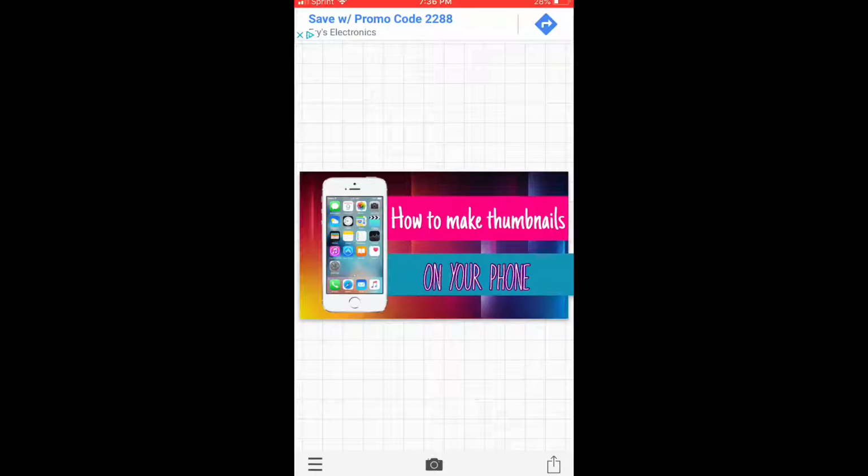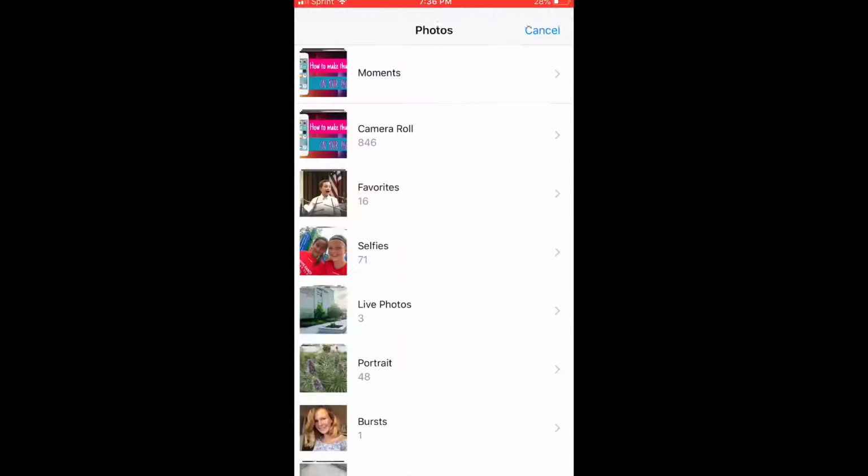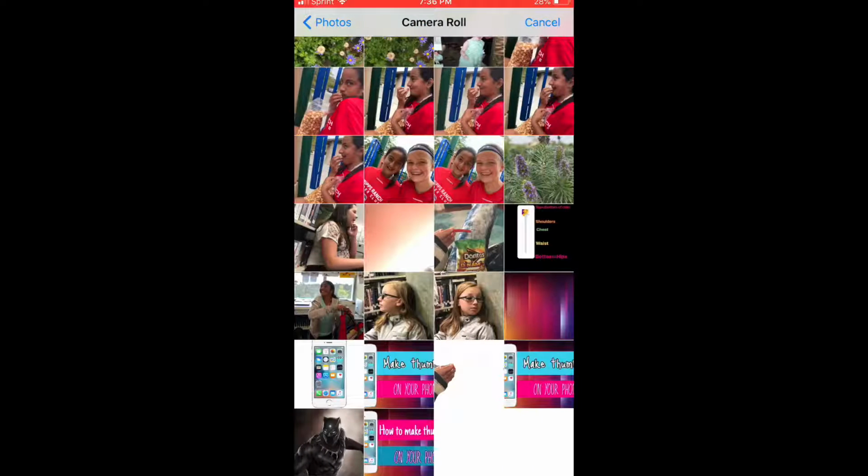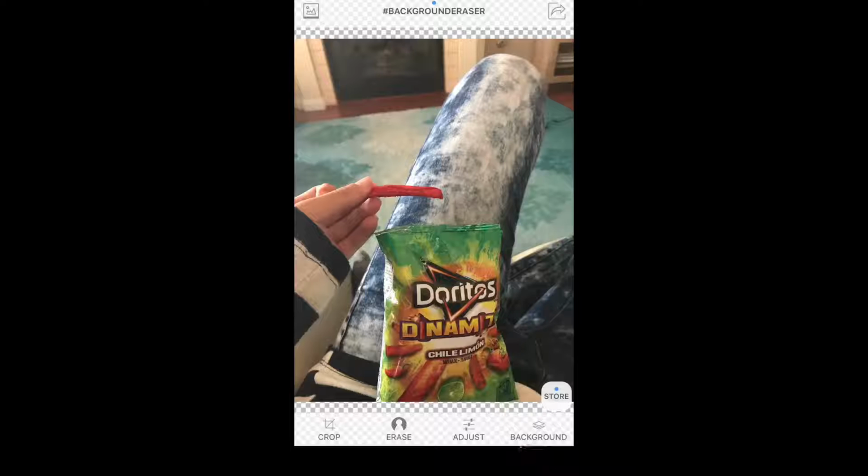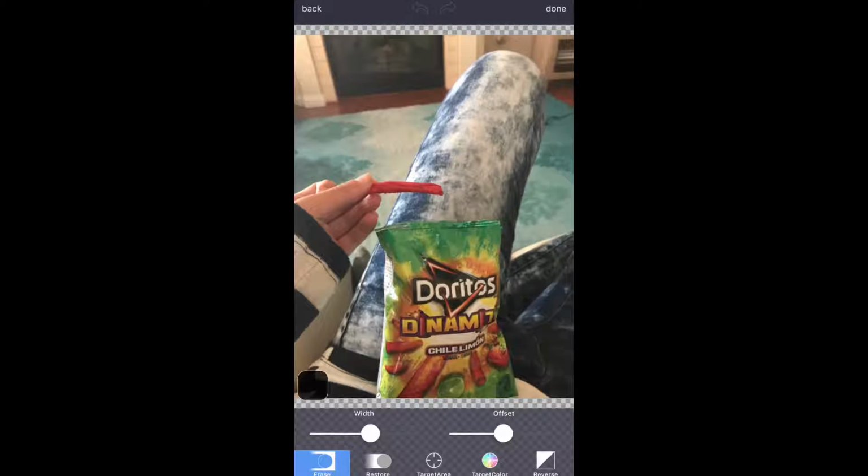Now I'm going to show you how to cut out something specific with an eraser. So find a picture that you want something to be cut out of. In this picture, I just want the Dorito bag, and that's it. You can resize the little eraser thing